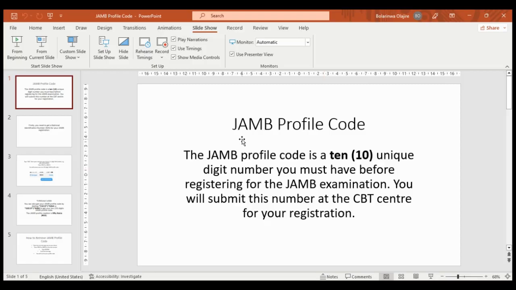So the importance of the profile code is for the registration. Without the profile code, you can't do JAMB UTME registration. So I'll put you through how you can go about it and how you can generate that 10 numbers for your registration. Now, for you to generate a JAMB profile code,